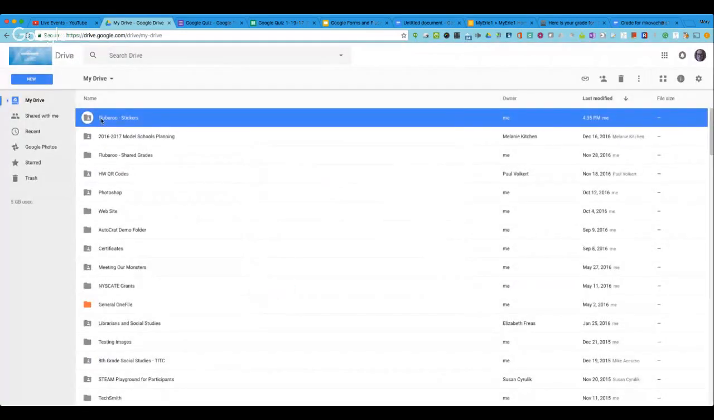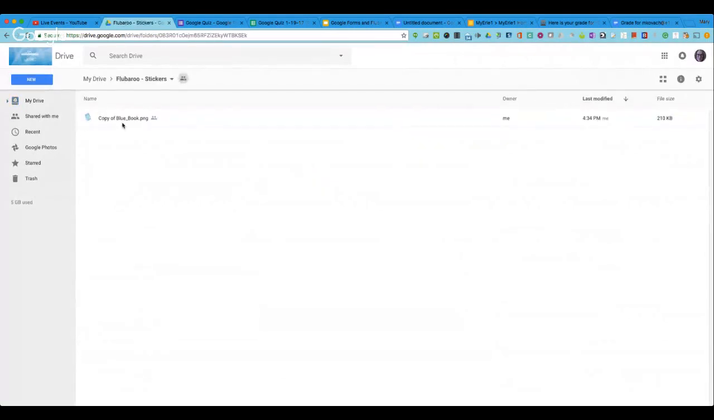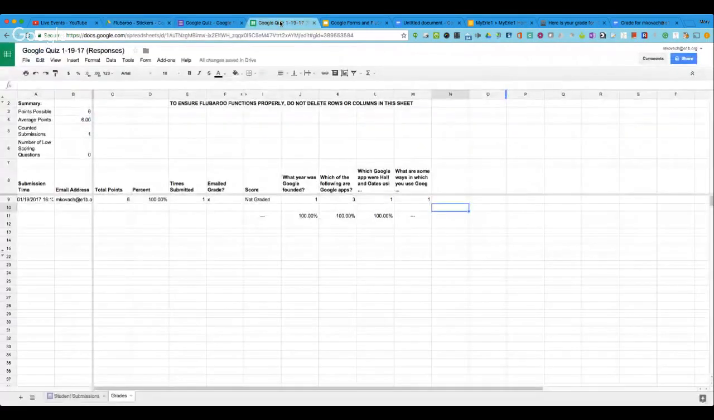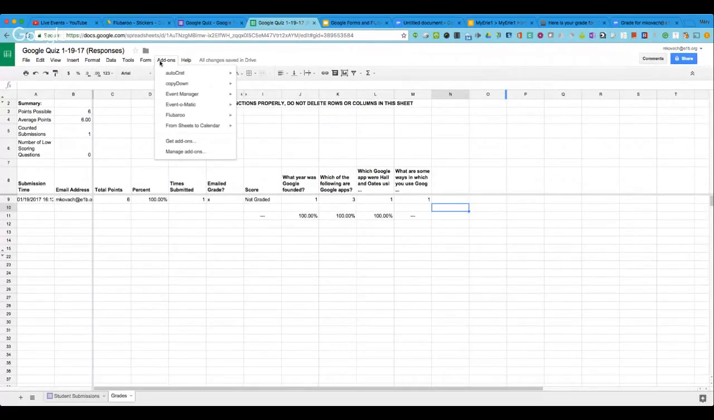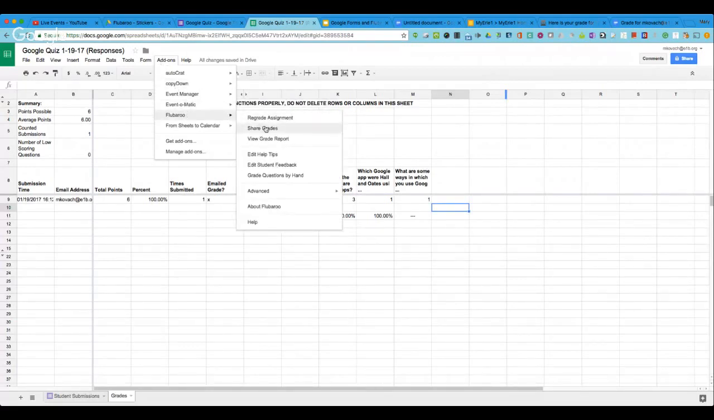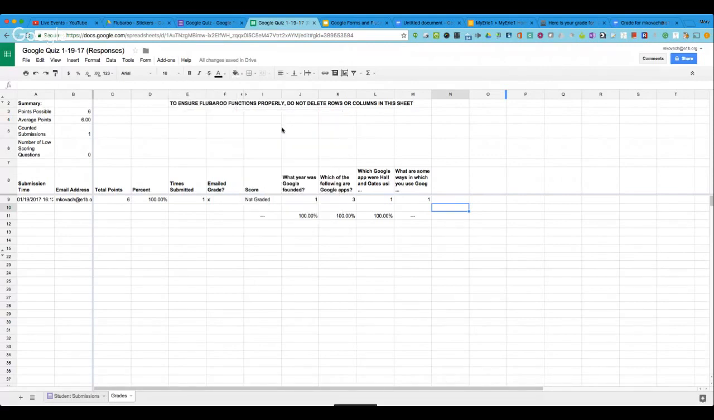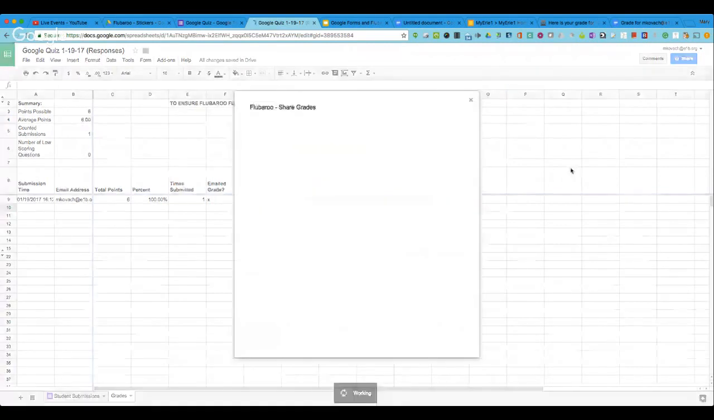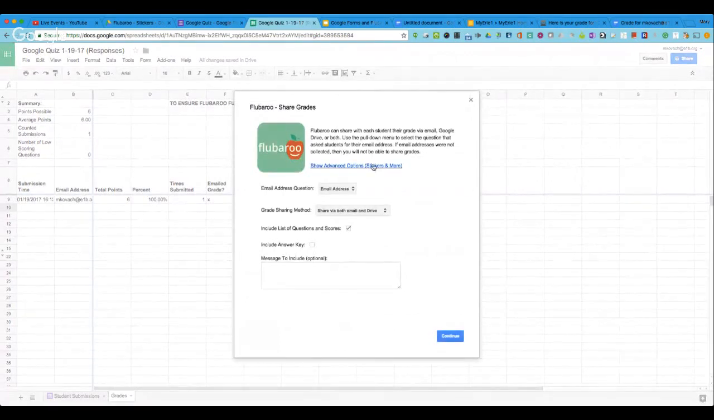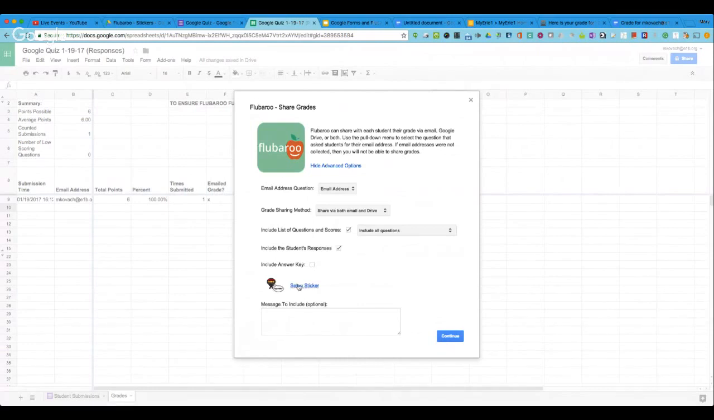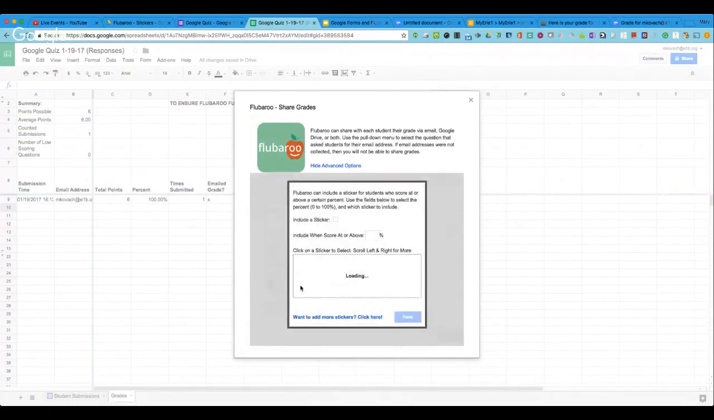And so now in this folder, here's my sticker. So now if I go back to my Google spreadsheet and I go to share grades, which is where I chose my sticker. And I go to my stickers and more. And I click here to set up my sticker. Then once this loads here,